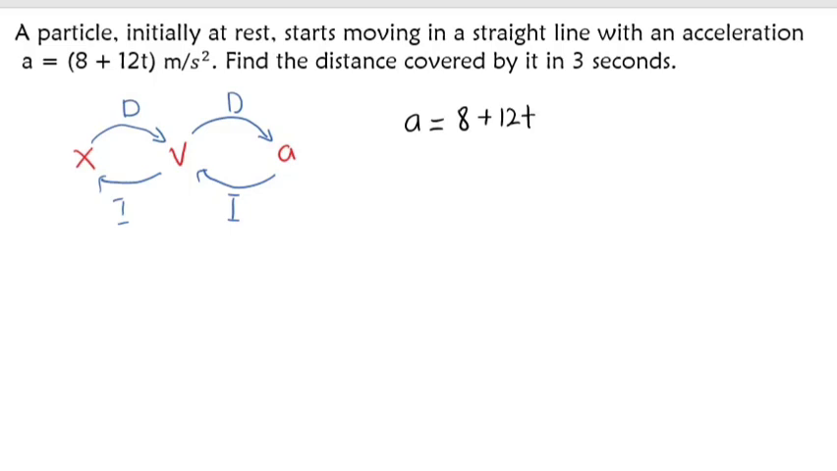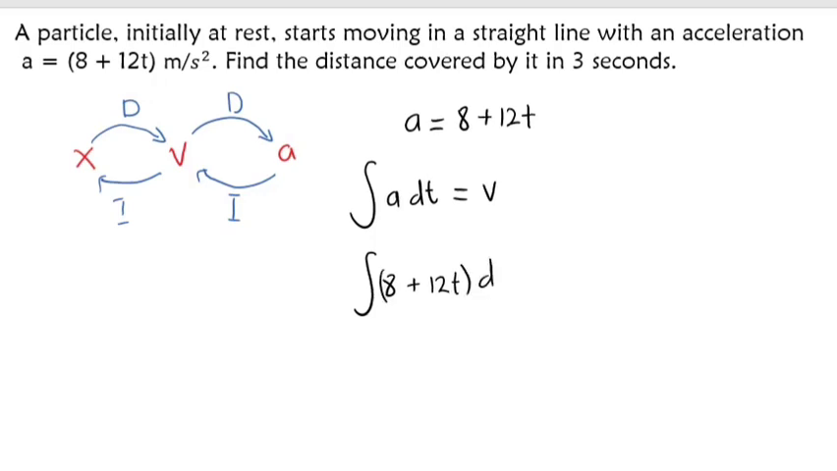So to find the distance, we first have to move from acceleration to velocity and velocity to distance, or displacement in this case. So we can consider it as an expression of acceleration being integrated to get velocity. So let's integrate. The integral of acceleration with respect to time gives us an expression for velocity. The expression for acceleration is 8 plus 12t